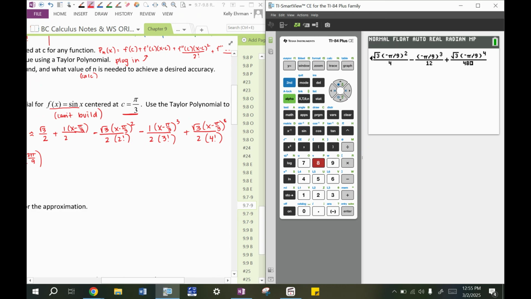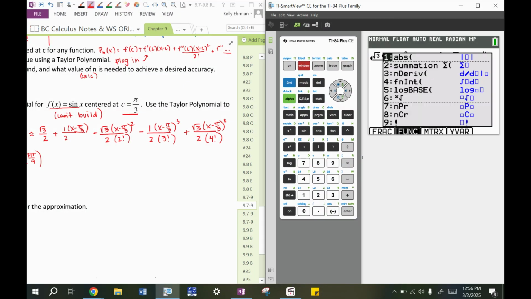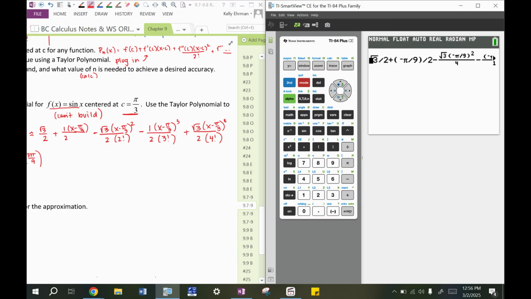If you don't trust your math, then you're in the fraction key anyway. You can type in 2 times 4 factorial. Remember, factorial is alpha window, if you need it, down there. All right, so let's see. I'm getting